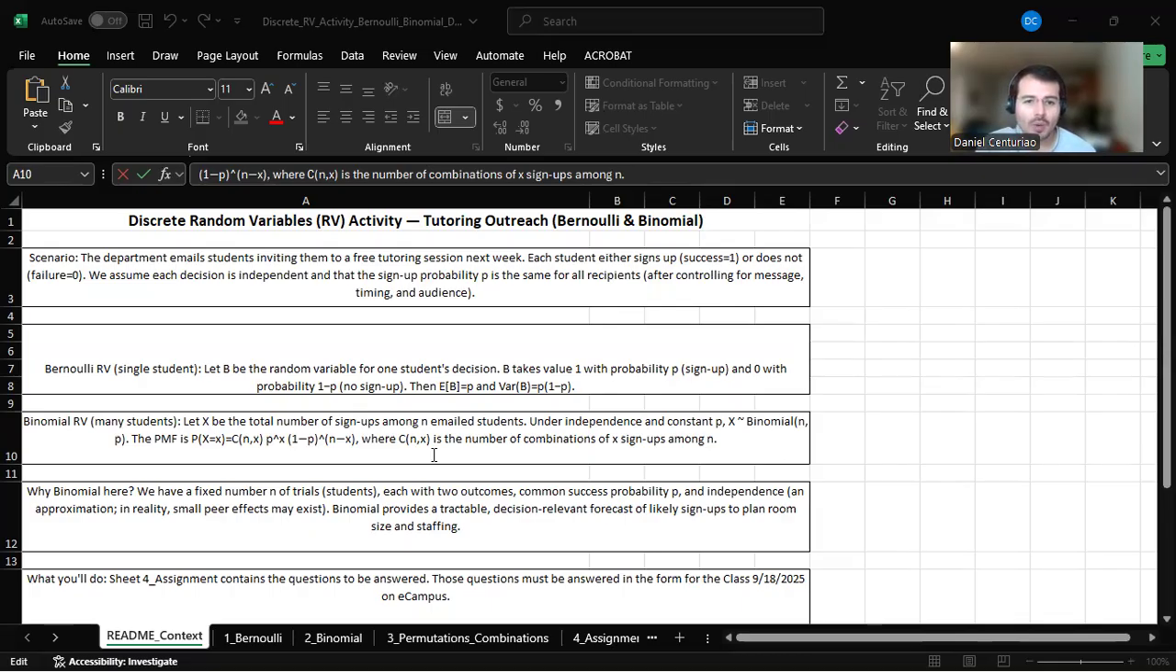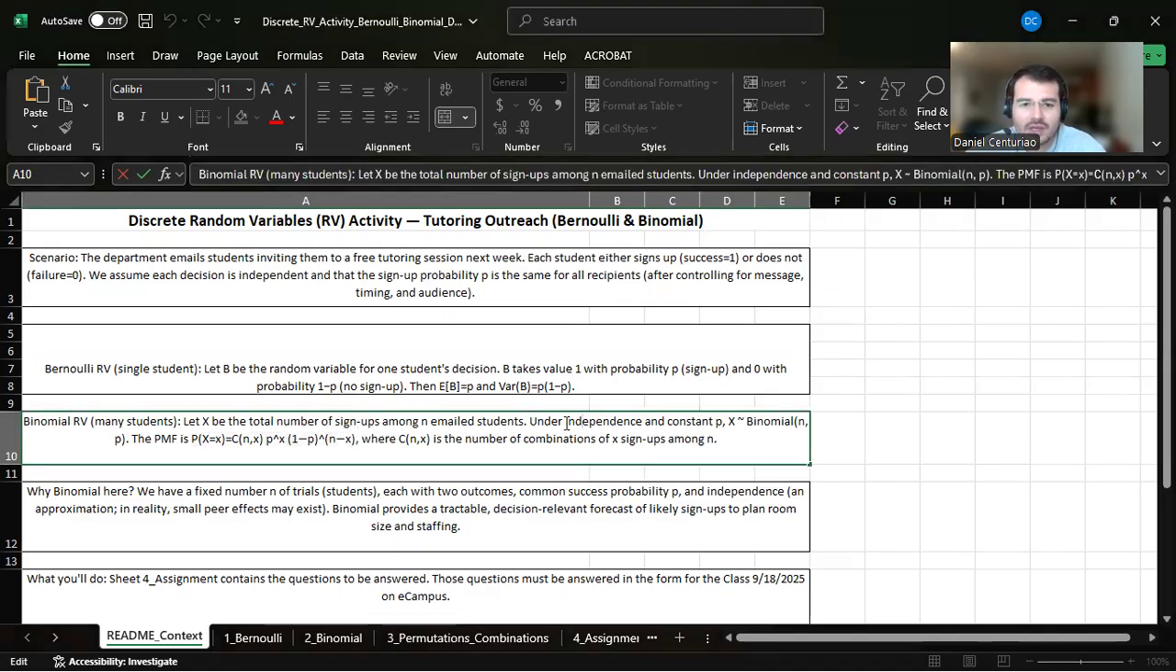A distribution is basically a summation of all the probabilities that we have for all the students that sign up. In this case, the binomial distribution has some assumptions associated with it. The first assumption is that we have independent events, and independent events means each student is independent. Each student's sign up decision is independent